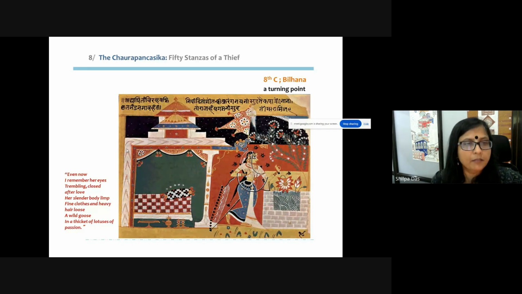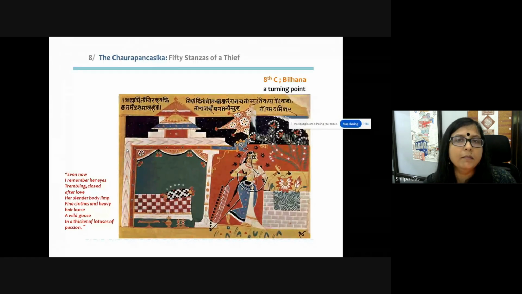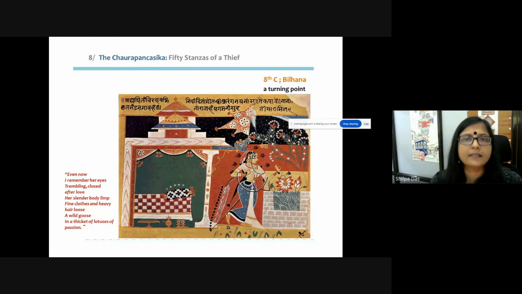And you can see from the verse that is given on the slide how passionate the language or the poetry is. And more importantly, this painting was commissioned by the Hindu and Muslim aristocracy of the 16th century, who commissioned many such texts, but this one is the Chaura Panchasika. This particular one is a folio from the series. Some of these original folios we have in the Calico Museum in Ahmedabad,